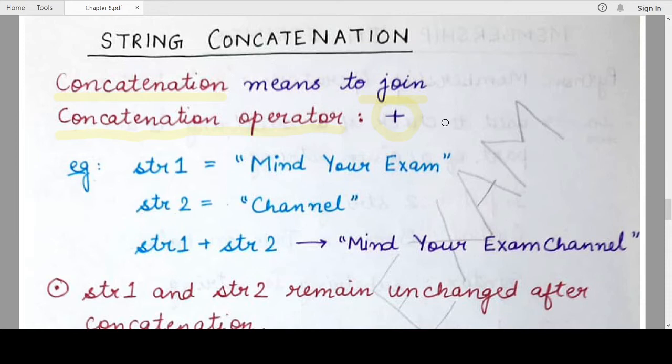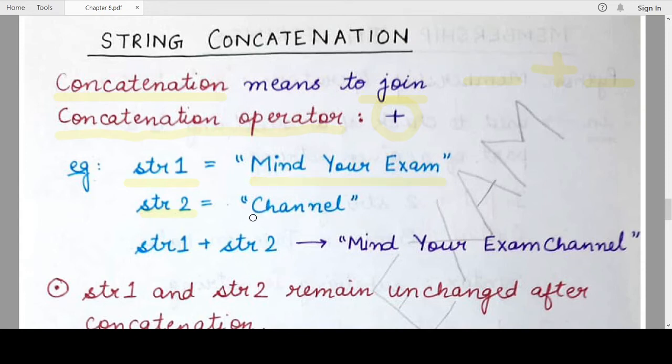The new string resulting from string concatenation will contain the first string immediately followed by the second string. So the left string will be placed first and the string to the right of the concatenation operator, the plus operator, will be placed immediately following the first string without any gaps, without any space characters, or without any demarcation. For example, if we have two strings str1 and str2, the first string contains the characters mind your exam,